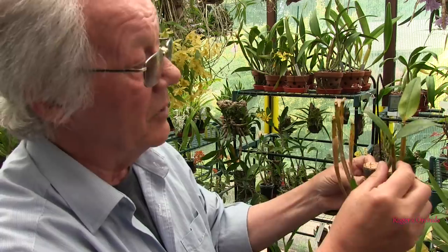Over here, that growth has already bloomed. It may do it again, but I doubt it. At the moment, this plant is incredibly weakened because it's lost leaves. There's virtually no photosynthesis going on. Yeah? And that's important to plants, as we know. So my hope for this one is that all of these new growths mature into good sized canes like these